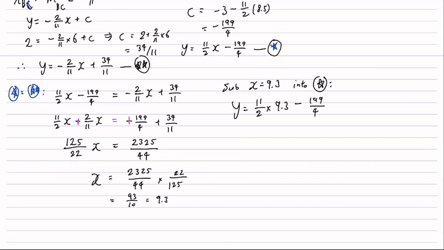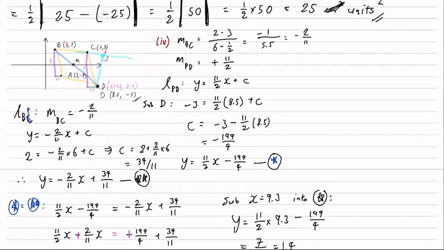11 over 2 times 9.3 minus 199 over 4 is 7 over 5, which is 1.4. So now that we have point P's coordinates, 9.3, 1.4, we can find the distance of the perpendicular line. So it's really just